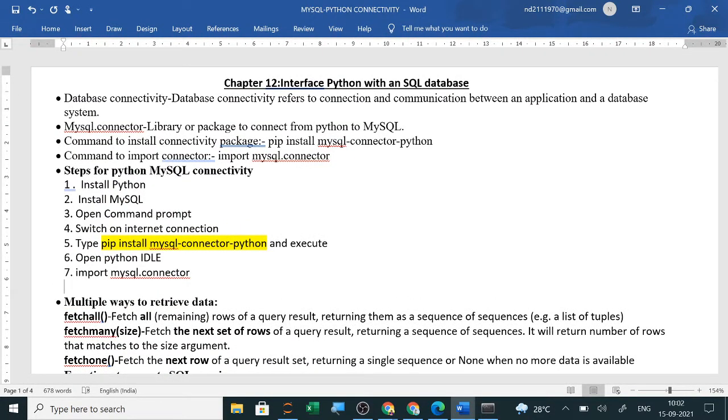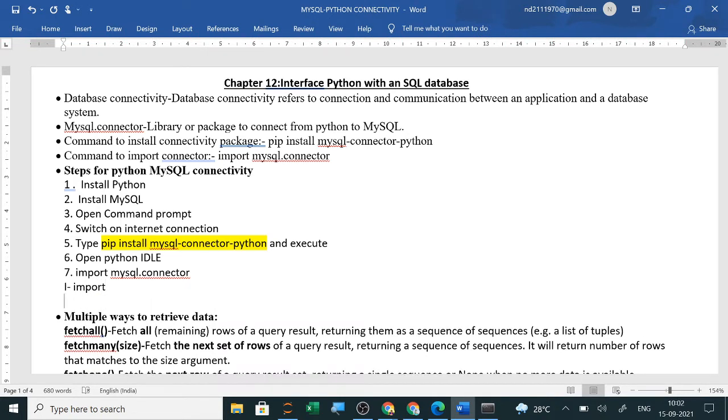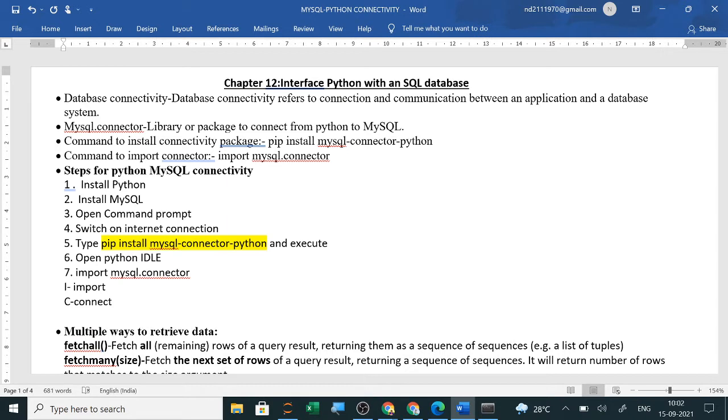The first one is capital I, with which I will import. The second line will be C for connect, so I will connect, and the third one will be capital C for cursor. These are all functions; connect is also a function.